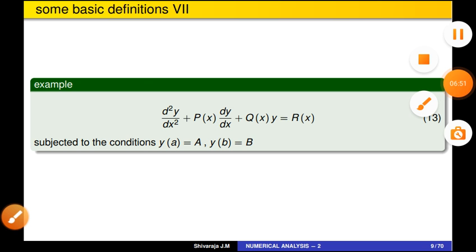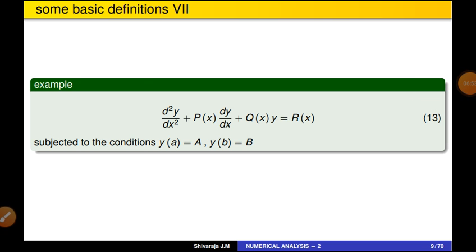What is a differential equation, what is the order, and what is the degree. All these basics you have already learned. So you have to